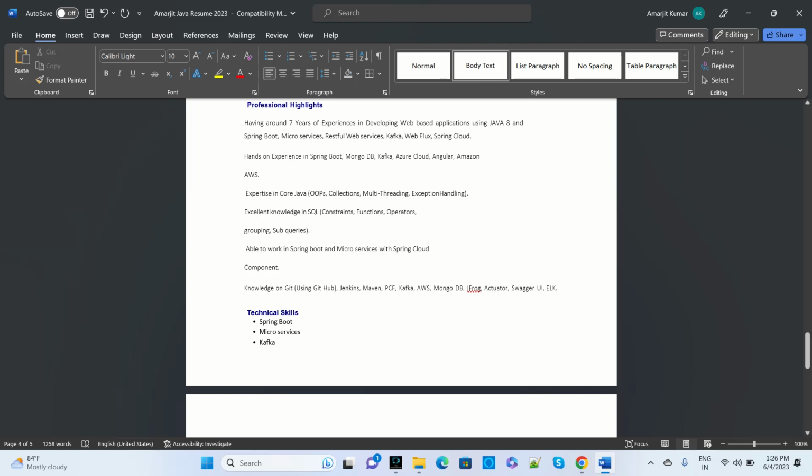And then able to work with Spring Boot microservices, Spring Cloud components. And the knowledge about any DevOps tools or development tools like Git, GitHub, Jenkins, Maven, PCF, Kafka, AWS, MongoDB, JFrog, Swagger UI, ELK. So whatever technology stack tools you have as per the requirement, suppose Angular, DevOps, database, backend, Kafka related tools,